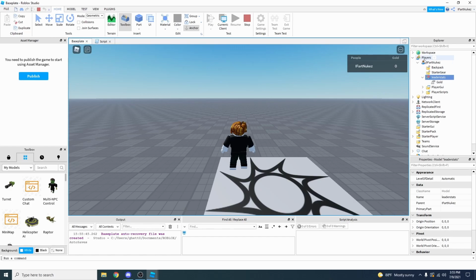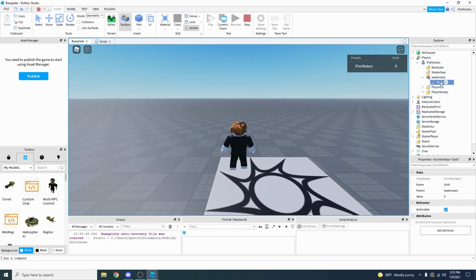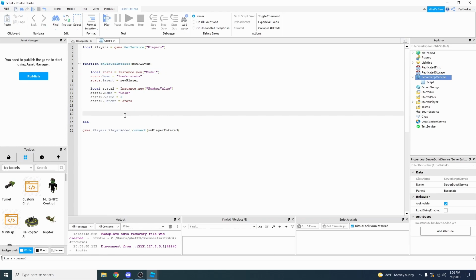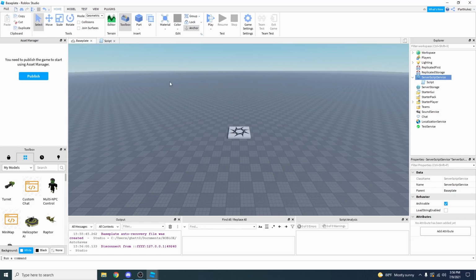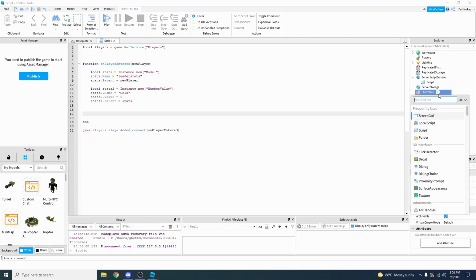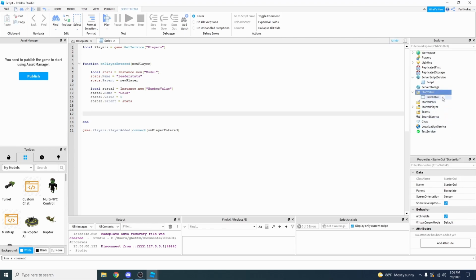And there we go. So now we have under our leaderstats a number value called gold with a 0 value. So now that we got that done, next step we're going to want to do is basically have it change. So we're going to go ahead and create in StarterGui, a new ScreenGui,